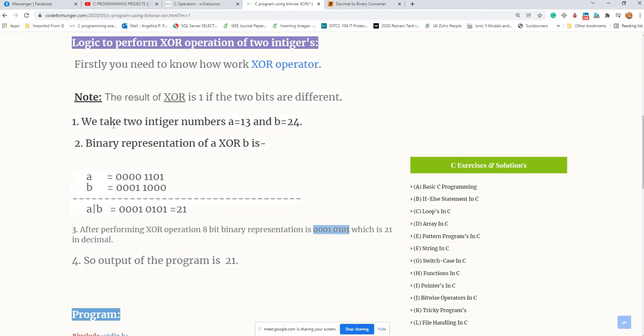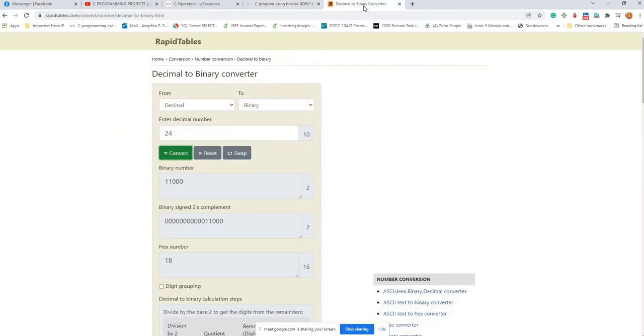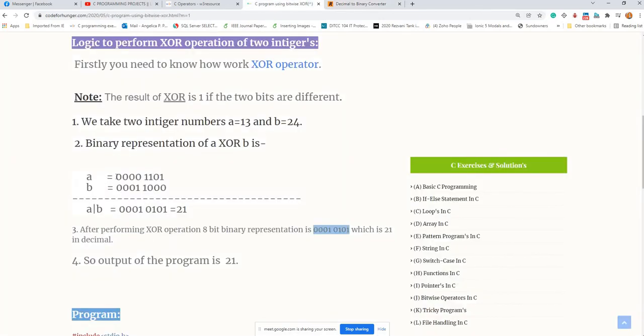Again, we take the two integers, yung 13 at saka yung 24 for A and B, and get their binary representation. You can do that using our decimal to binary or binary to decimal converter. So, ito na yung representation ng 13, and this one is the representation of 24. Ayan, so we perform